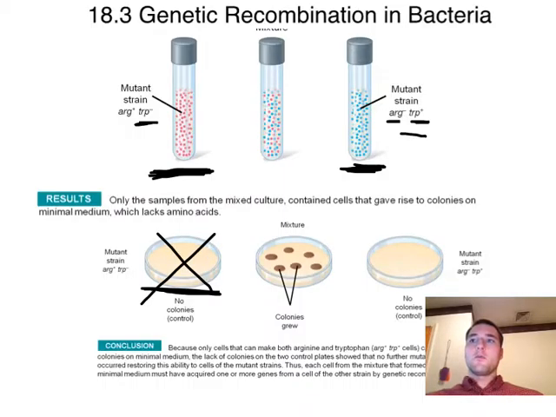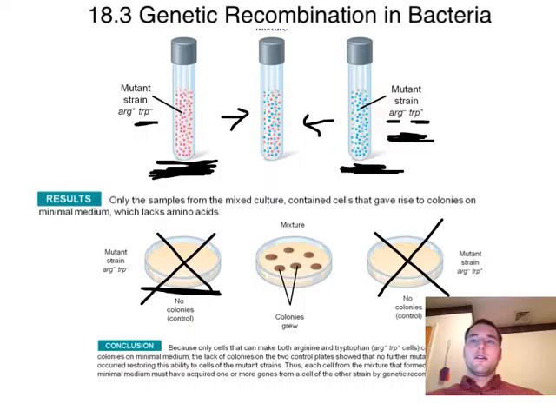Same thing over here, the ones that were missing the arginine gene, if I put them in this plate, minimal medium, they won't be able to live because they aren't able to make the arginine amino acid that they need for protein production. Okay, what they find is if they take the two of these, this strain that's missing the arginine gene and this one that's missing the tryptophan gene, and combine them